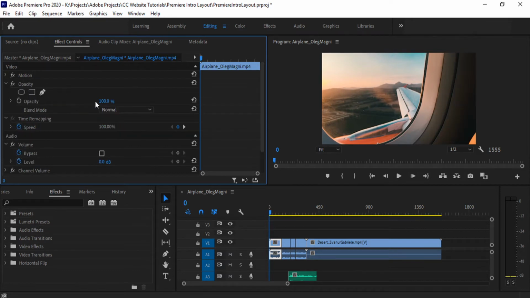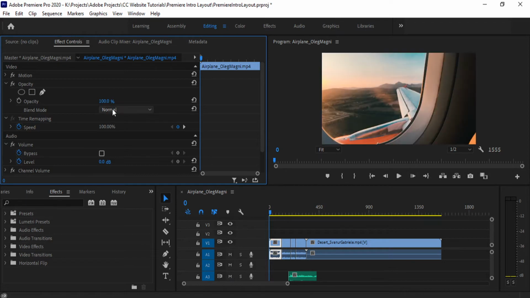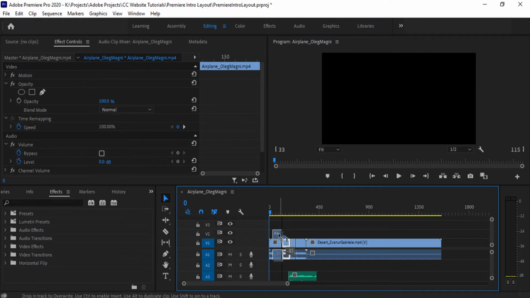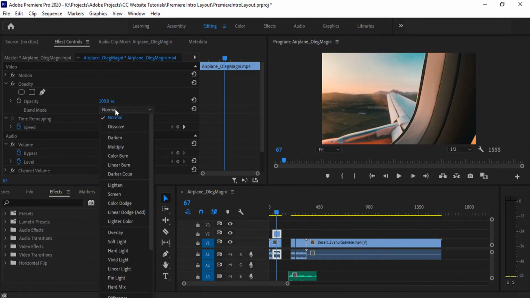Here we have our opacity. Here you can just decide how opaque you want your footage to be. 0 is completely transparent. You'll see this checkerboard pattern. Here you can adjust the blend mode. Whatever footage you have underneath, it'll modify. So you need 2 pieces of footage on top of each other. So if I were to do this and modify the blend mode,